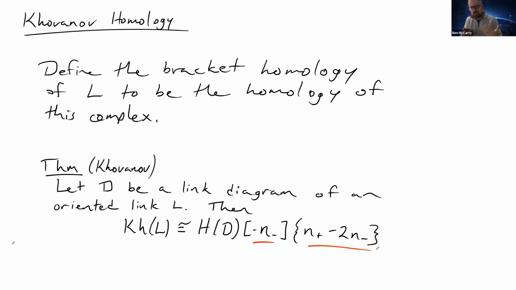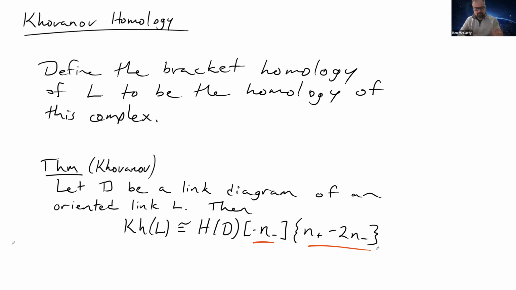Question then comes up, why can't we just do the same thing for a virtual link? So virtual links have classical crossings. They also have these virtual crossings, but we essentially treat them as though they're not there. So why not do the same thing? Just take the classical crossings, resolve them into A and B smoothings, compute a bracket polynomial as you normally do, ignore the virtual crossings,